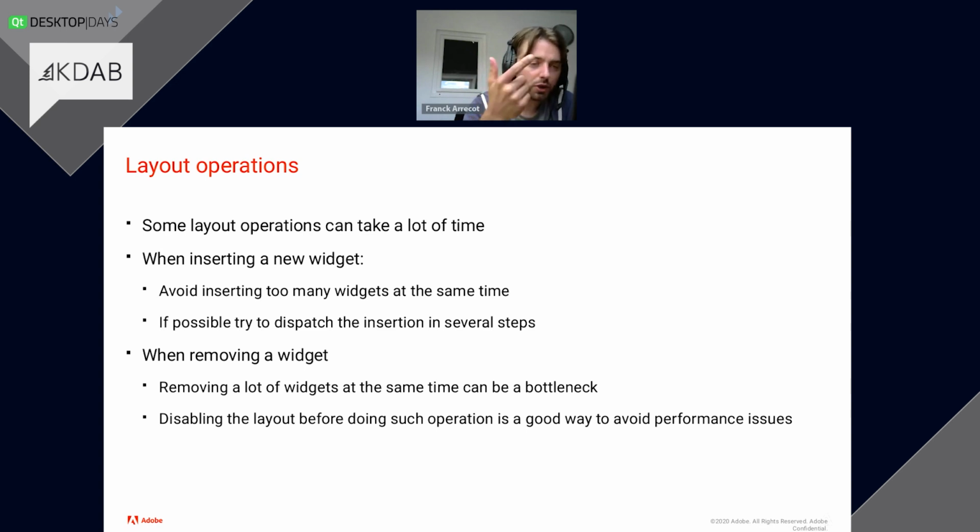The trick you can do for removal, though, would be that if you remove, let's say, 10 widgets, let's say you have a clear or filter button on your UI, and this button would clear 10 widgets of your layout. If the user is supposed to expect 10 buttons to be removed, what you can do in order to avoid an update in between every single removal would be to disable the layout, do your removal, and then enable it again. So you would pay only the price of one update and one polish per widget. That is an optimization that you can do to make sure that you're not wasting time and creating bottlenecks. Okay.